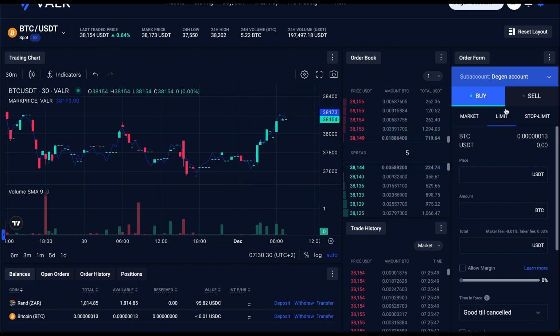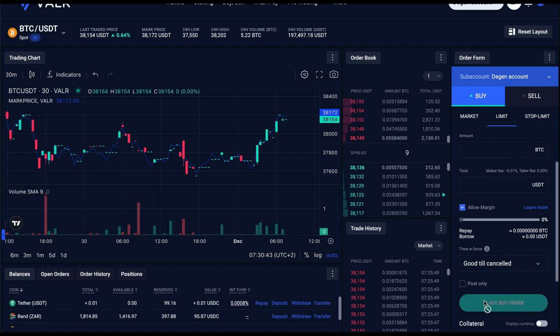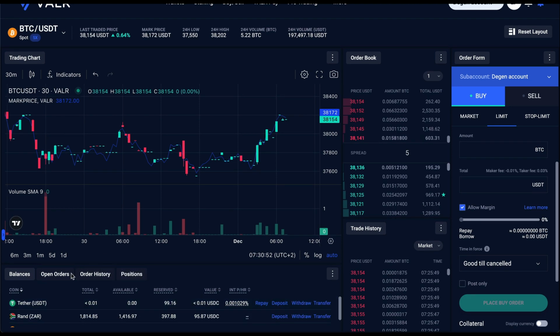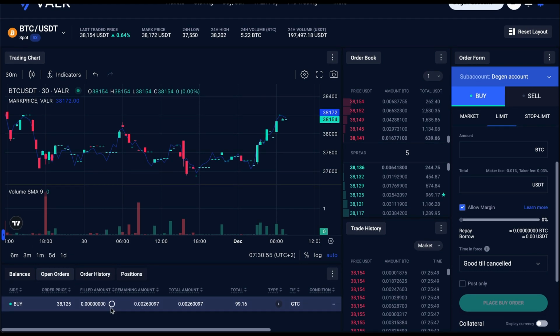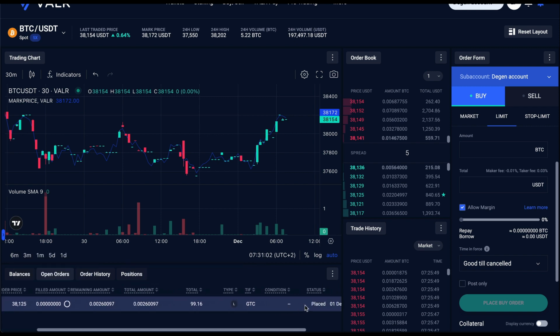So let's say I wanted to go long here. I'm going to place a limit order so that I don't get filled immediately. Allow margin, and let's say I use 20%. It will allow me to place that, and it will have used Rand as collateral there. So you can see it's taken some away there. Now I can go see in open orders. It will live there. It's not filled yet. And I don't have positions open. I'm going to cancel this one because